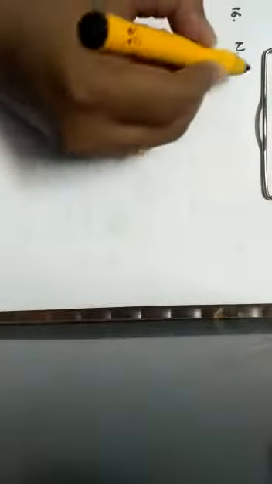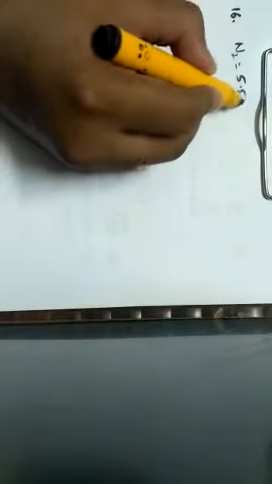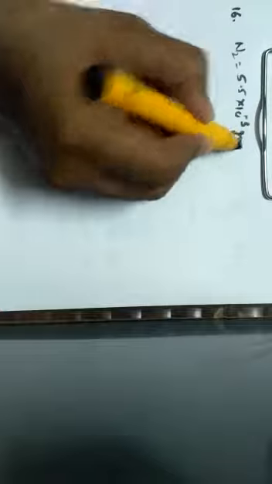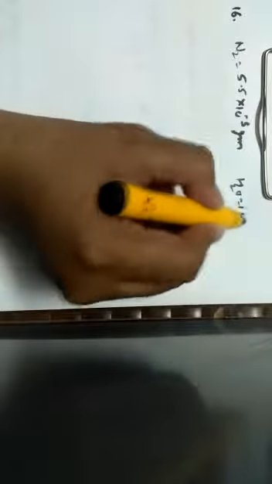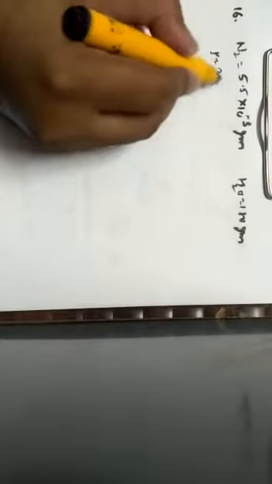Question number 16. 5.5 milligrams of nitrogen gas dissolves in 180 grams of water at 273 Kelvin. So here it has been given that nitrogen gas is 5.5 milligrams. Milli means 10 to the power of minus 3 grams. It is dissolved in 180 grams of water. So the amount of water is 180 grams at 273 Kelvin and at 1 atmospheric pressure. So the pressure is 1 atmosphere, due to nitrogen gas.